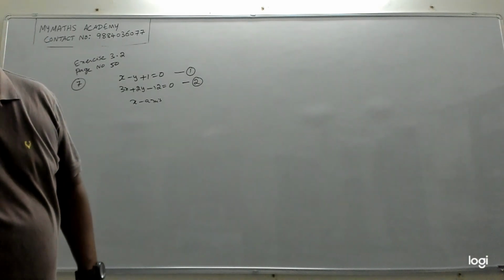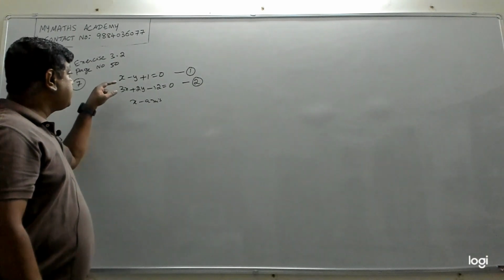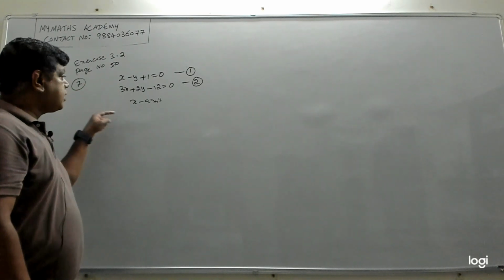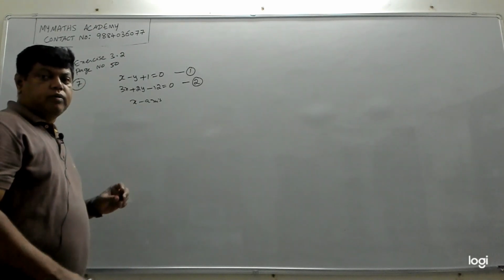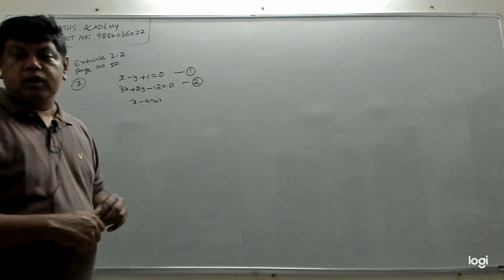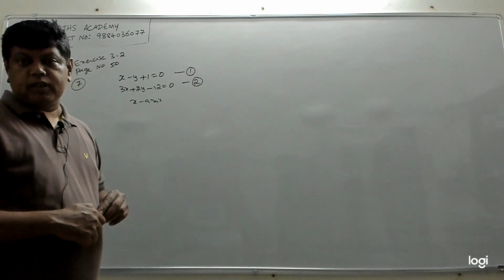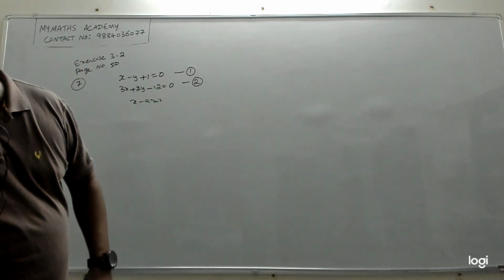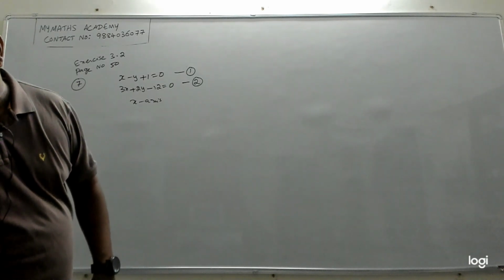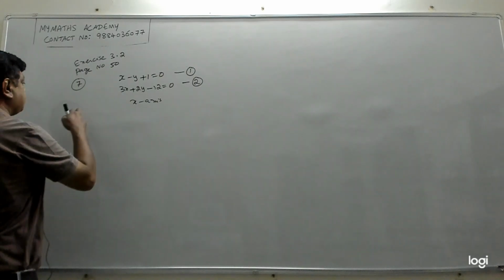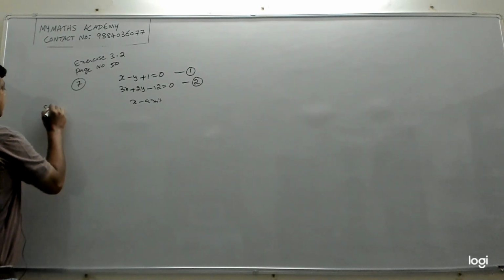Right? We need to determine the coordinates of the vertices of the triangle formed by these three lines. This is a line, this is a line, and x-axis is also a line. We need to find the coordinates of the vertices of the triangle formed by these lines, and we need to shade the triangular region. So let's draw the graph for this line.